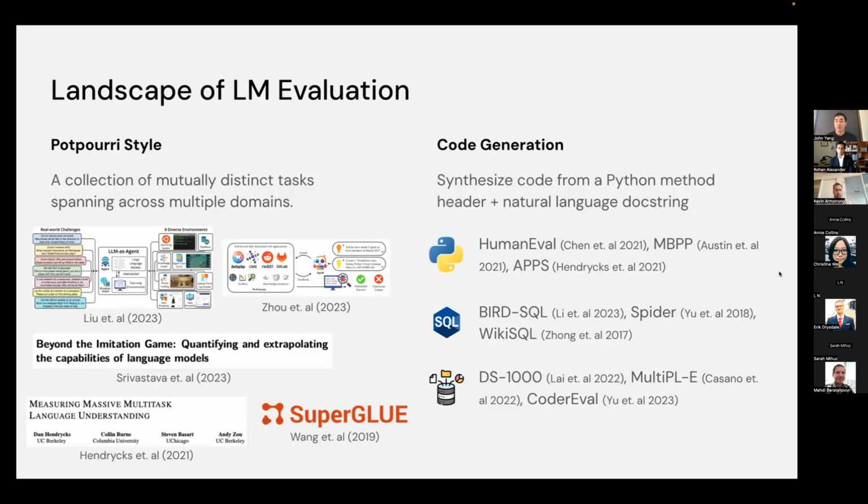In that respect, in the past couple of years, there has been a lot of recent work that tries to address this call to action. Generally, from our perspective, we feel like there's two categories or large buckets that this falls into. The first one is what we call this potpourri style of evaluation. This means, as opposed to before, where maybe you had GLUE, which is just general language understanding, or a common sense reasoning specific task, or HotpotQA, which is just for question answering,